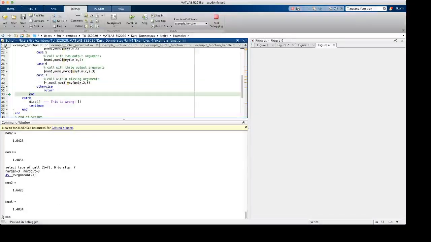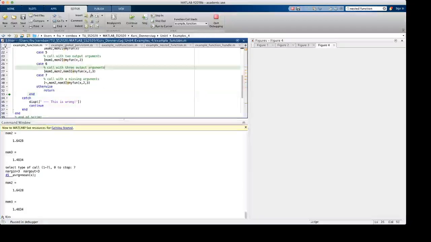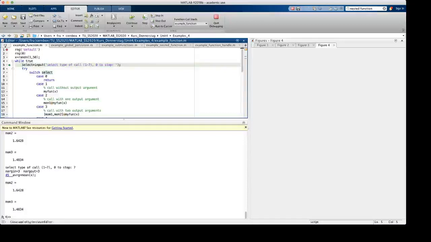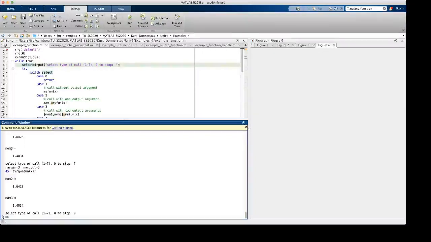So just mom2 and mom3 are returned, and the first argument is missing. Okay, that's it. Let's stop this script and go now to the next example, which